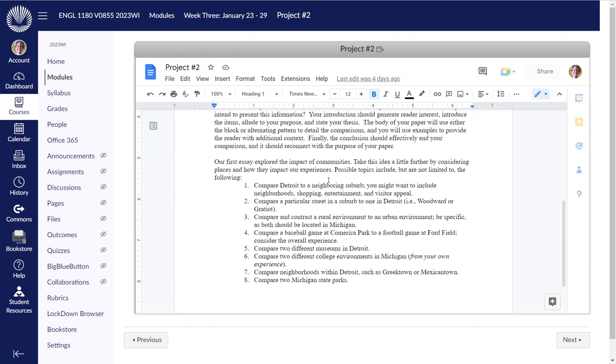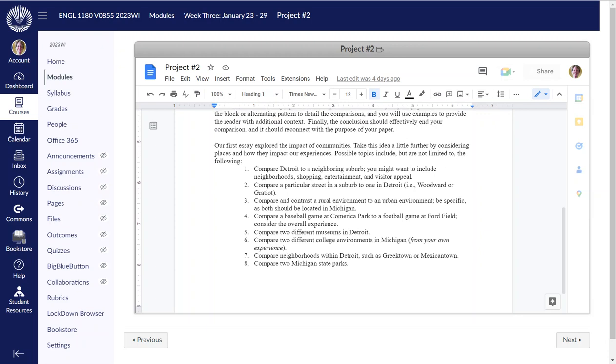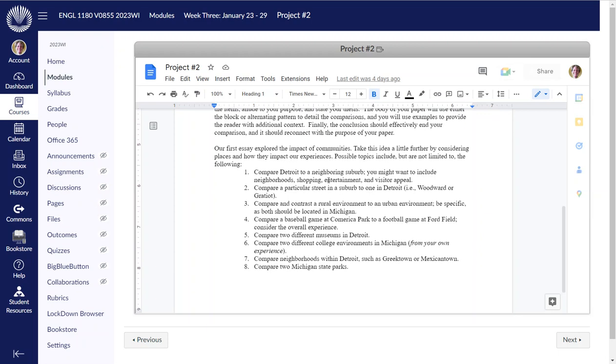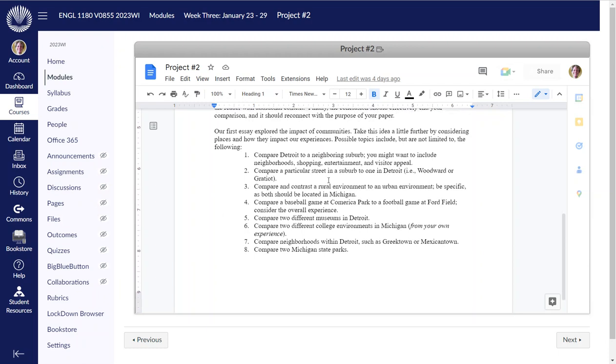And we're sticking with that concept of community. We live in a community that stretches out to our urban areas, to our rural areas. So I've given you some possible topics. You don't have to choose these, but definitely if you choose outside of these, just run it by me, because my biggest fear, again, is that I don't want you to research. So I don't want details that you would find online about, for example, Comerica Park, exactly how many people it seats,